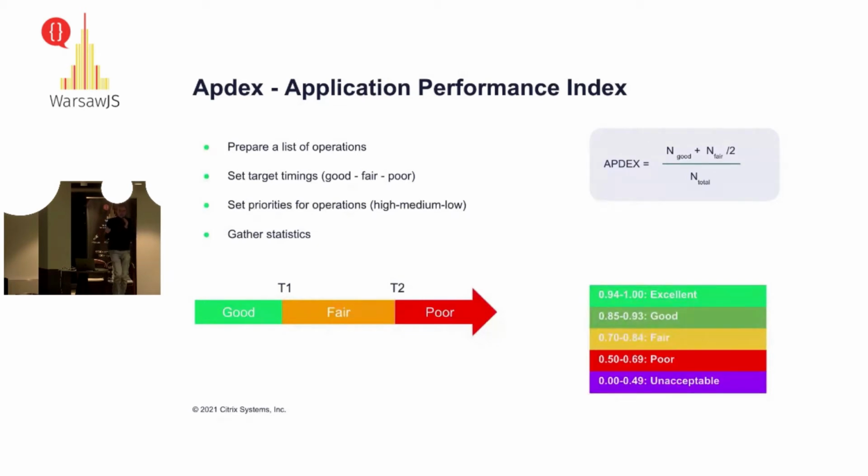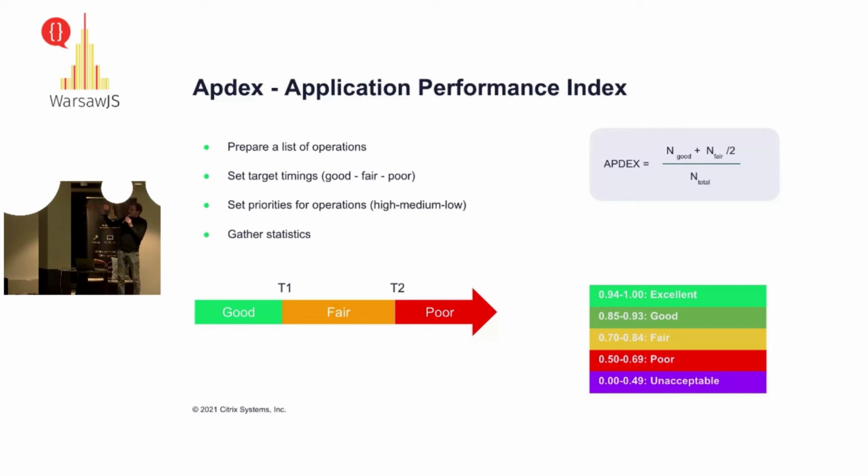Then we try to understand the priority for these operations. Out of our interviews with customers and out of our own experience, we understood that the most important things were the initial loading of this chart, recalculation, like invalidation of a viewport, drag and drop, and scrolling. So we included these high priority operations into this Apdex, and it's basically how it's calculated.